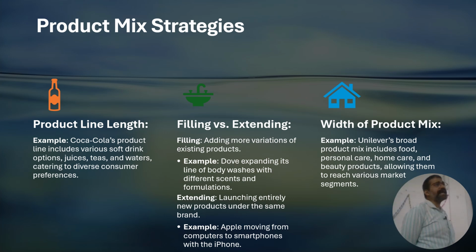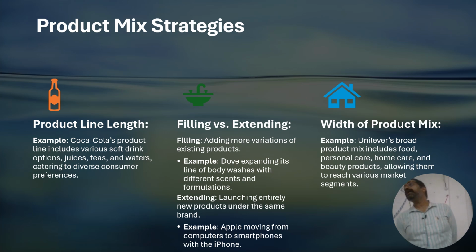So when you talk about a product line, in the same company, in the same segment, these are beverages, isn't it? Coca-Cola has different soft drink options such as Coca-Cola, Thumbs Up, Fanta. Fanta is a Coca-Cola product, isn't it? Fanta is a competitor to Mirinda, as we discussed in a previous class, right? From Coca-Cola, there are distilled waters as well, mineral waters as well. So that is what we call a product line.